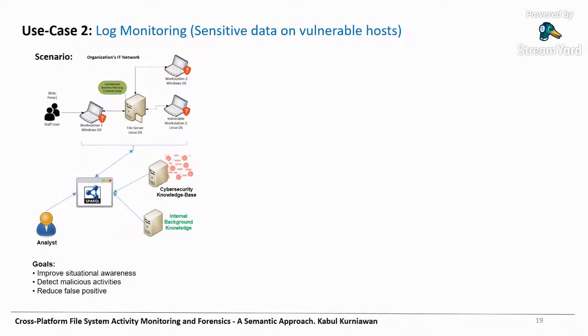Okay, so how about use case 2? Use case 2 is about log monitoring. Here we want to monitor which sensitive files have been moved to a vulnerable host. Here we also show that we can include background knowledge directly in those queries, for example, information on CVE, CPE, etc., in linked data representation to identify which hosts are potentially vulnerable according to the current system state, for example, software installed, running programs, etc. There could be a policy that the sensitive file should not reside on a host which is vulnerable.